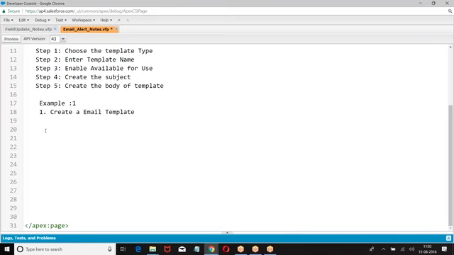We are trying to create a template name: lead acknowledgement. Available for use, we have to enable it.